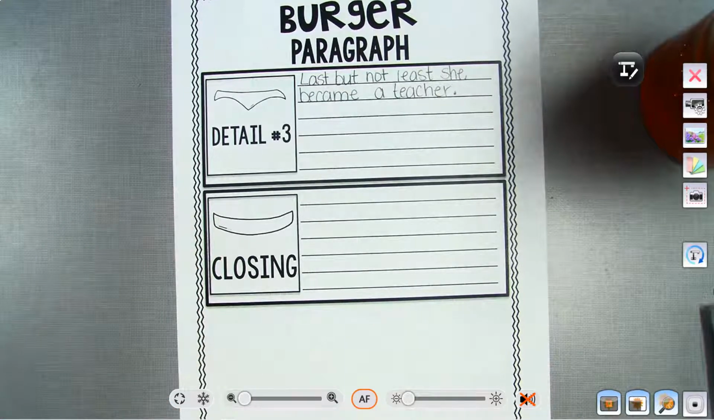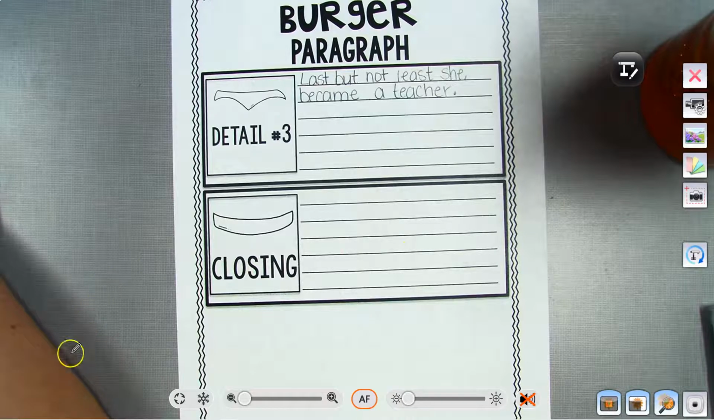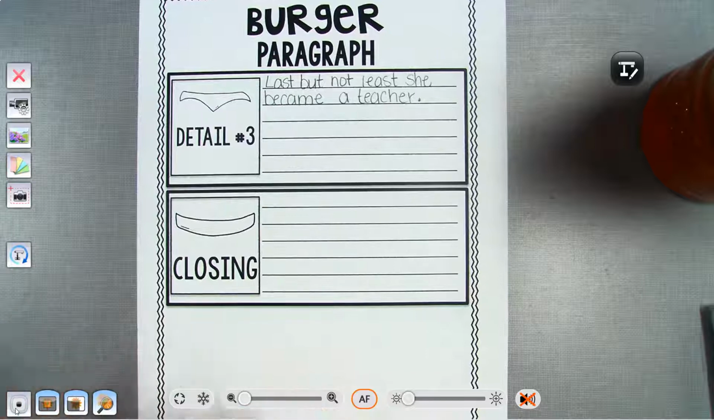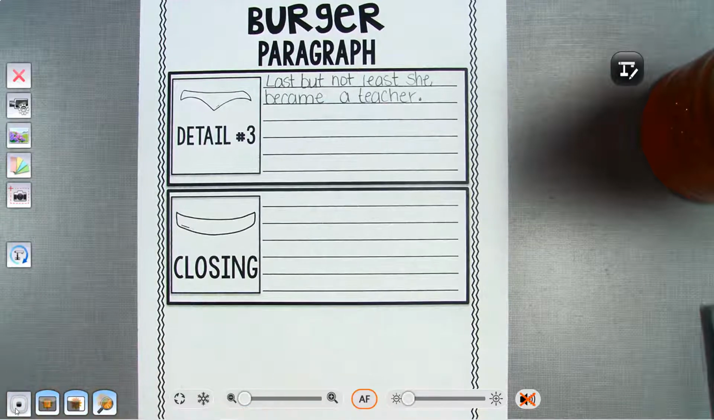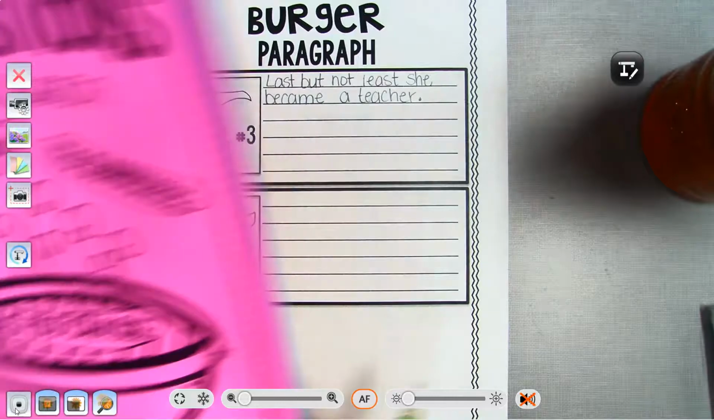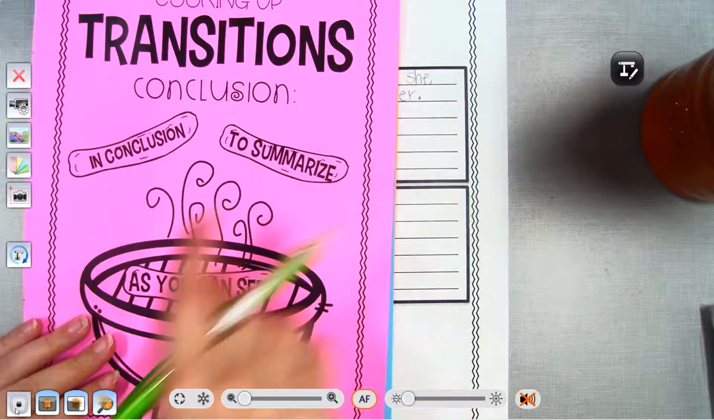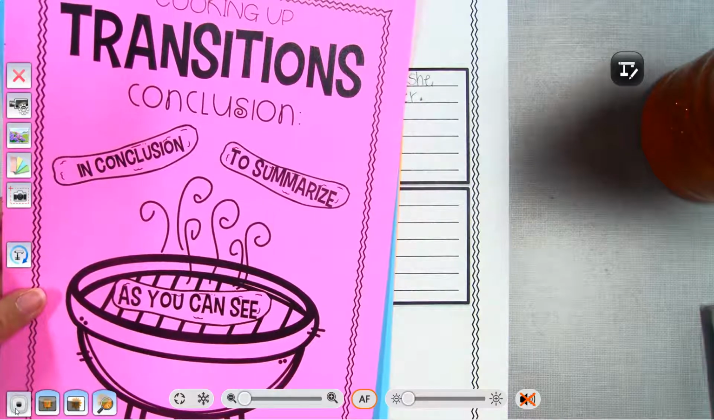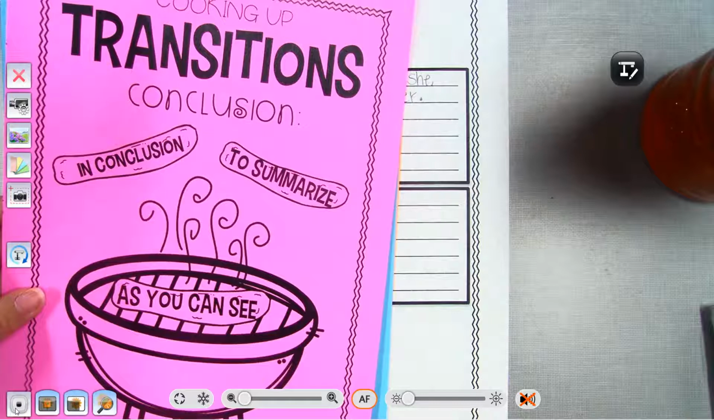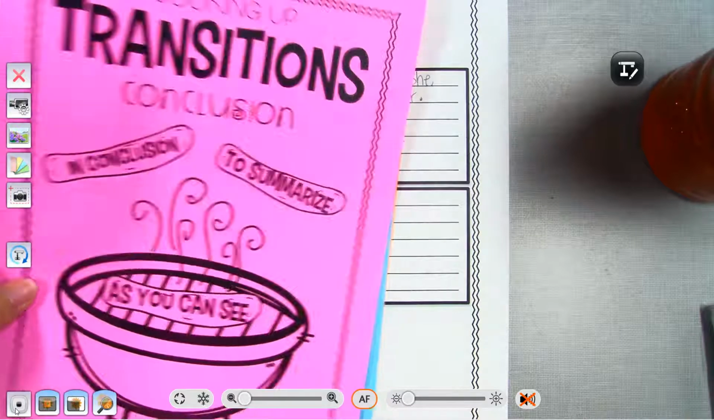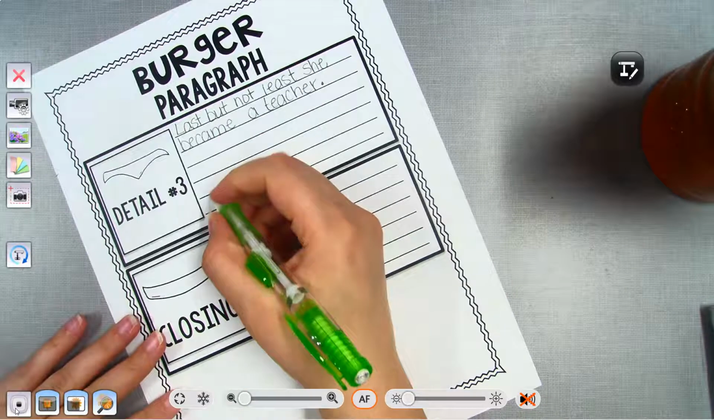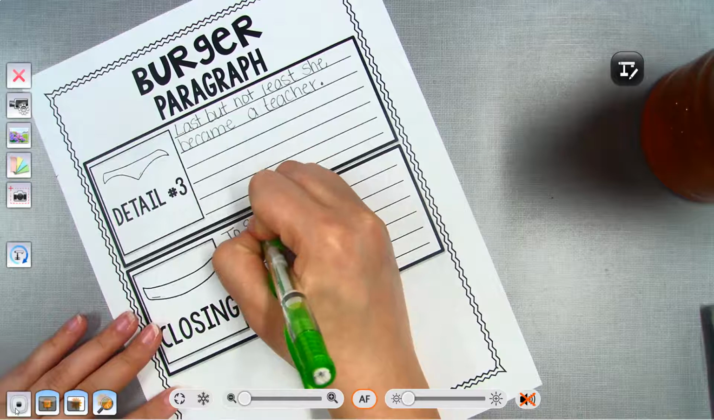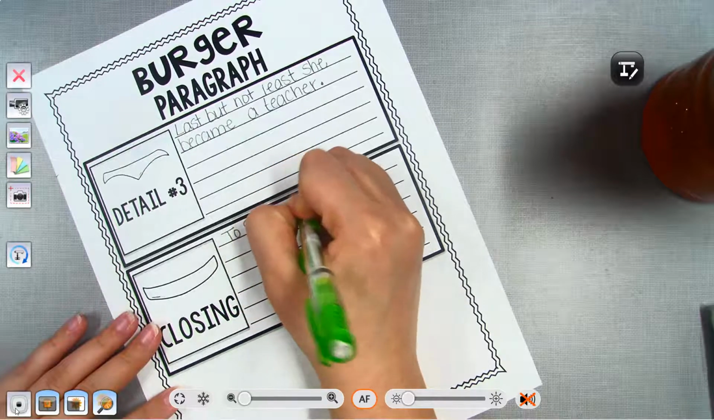So now I need to conclude my paper. Sorry, guys. Okay, so now we're going to do our closings. We need to kind of wrap this all up. So some transition words we can use to go to our conclusion could be in conclusion, to summarize, as you can see. So I think I want to use, let me, should I put in conclusion? Oh, no, to summarize. To summarize,